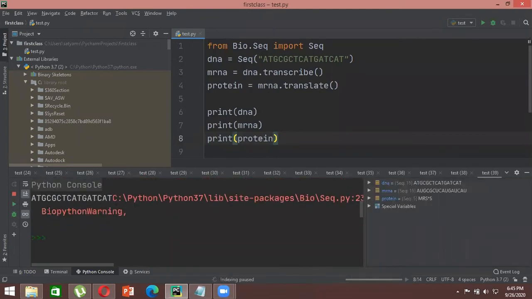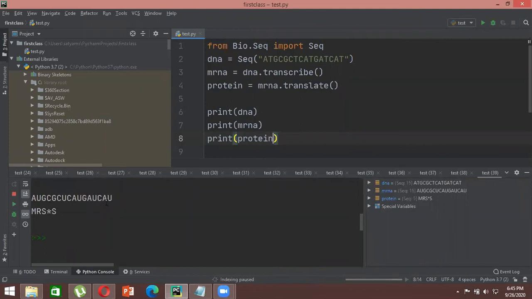okay, so what basically it does is, here it first takes your main DNA sequence that is there, and then it transcribes your DNA sequence into your mRNA, and then it takes your mRNA and does the translation and translates into a protein. Now whatever output that biopython will give you after translation, that will be a single code corresponding to your particular amino acid. Okay, so as much as you practice, you will be able to understand what the single code of proteins is.